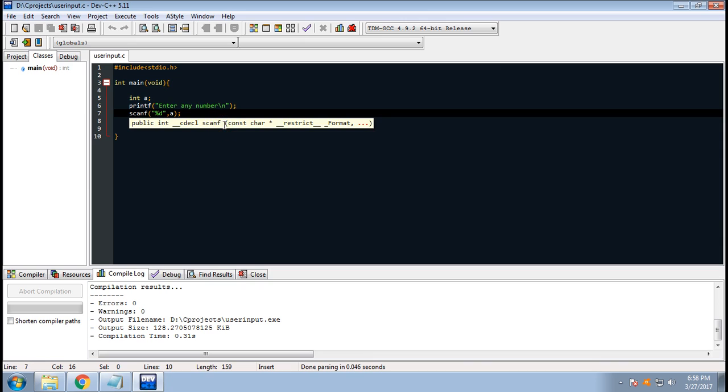And I've found my error, that is scanf("%d", a), and I forgot to write the ampersand sign, which is &, because the scanf function does not store the value in the variable directly, but scanf is a function which points to the address of the variable to which the value will be stored. Now I'll again compile and run,